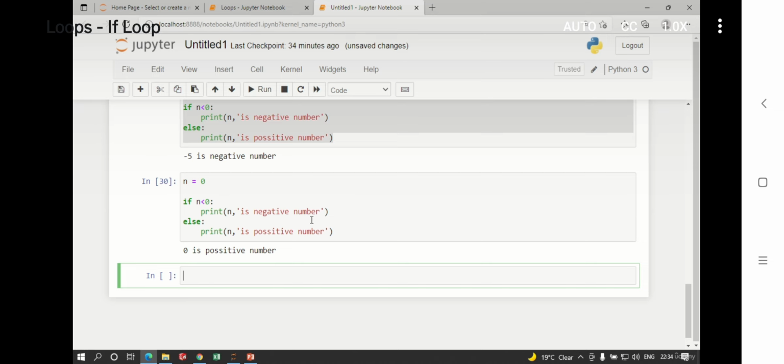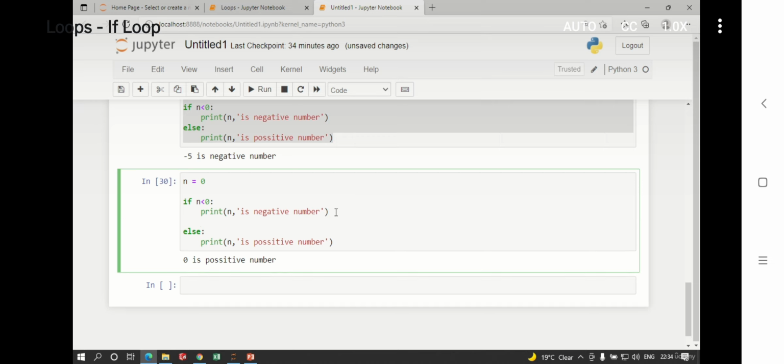For that we add one more condition here, that is else. If there are multiple conditions, you can use else. First condition, I will check greater than 0, then less than 0, which gives negative number.